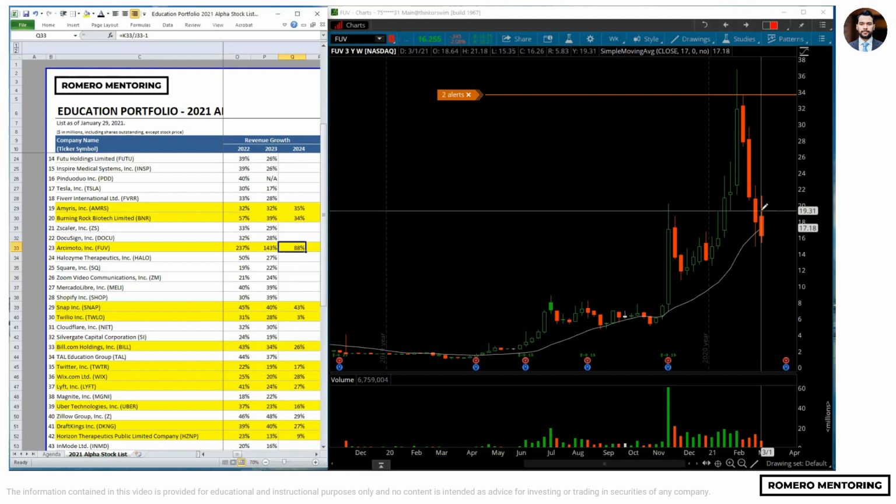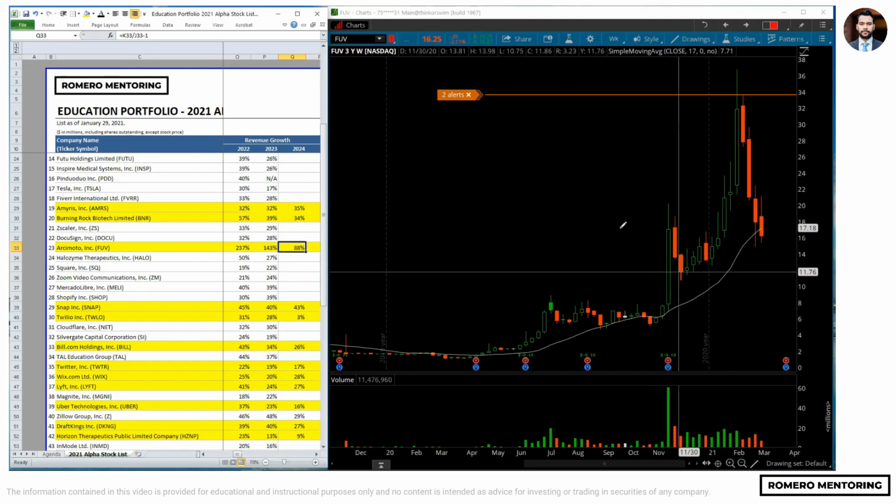So how do I do that? I go to the company website. I look at the press release. I see if there's any material information like a capital raise. Did they issue more shares via a private placement? Did they report lower than expected estimates for their upcoming quarter? So these are the little things, the sort of clues that I will have to pick up by doing my own due diligence. But from a technical analysis perspective,